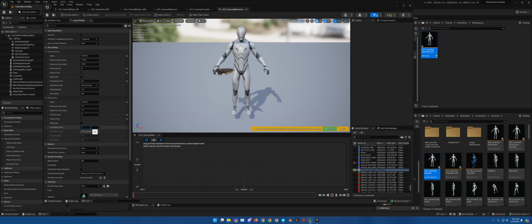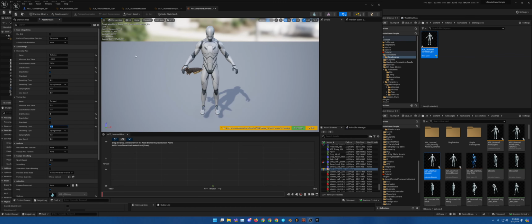And 0.2. All right. Okay, perfect. So now that we've got this blend space set up to work with ACF,